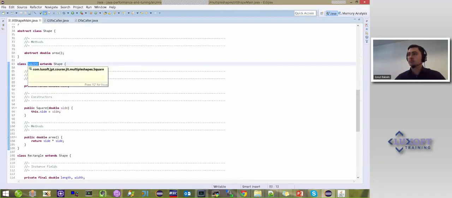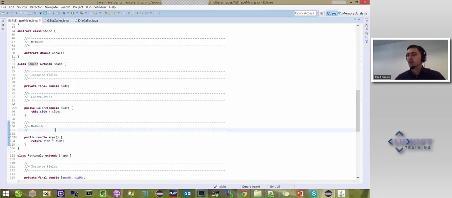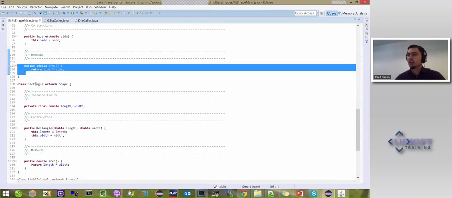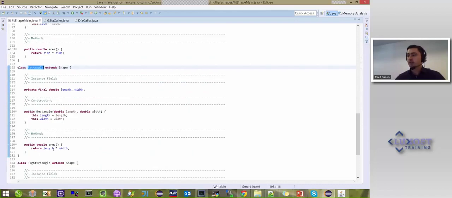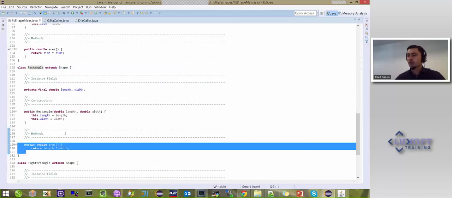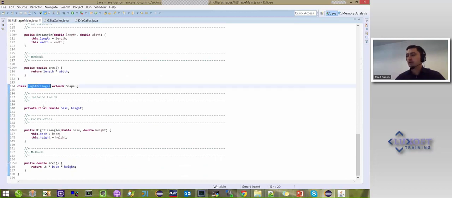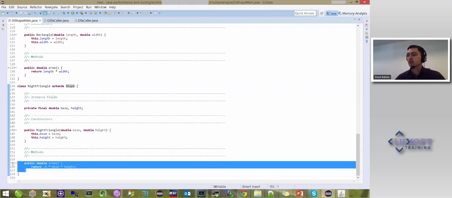Each implementation has a method area with a custom implementation, because the method area is an abstract one. We have Square with this implementation for the method area, Rectangle with this implementation, and RightTriangle, the third implementation for our shape, which has a totally different algorithm of getting the